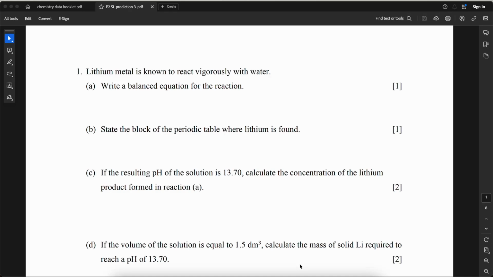Today I'm going to explain another example of prediction questions for IB Chemistry Paper 2 standard level. It is not 100% guaranteed that this question will appear in the exam. Instead, you can treat these questions as a mock exam to check whether you are ready for the exam or to check what kind of topic that you're still struggling with. And these questions are following the IB exam style questions, so it is highly recommended for you to go over